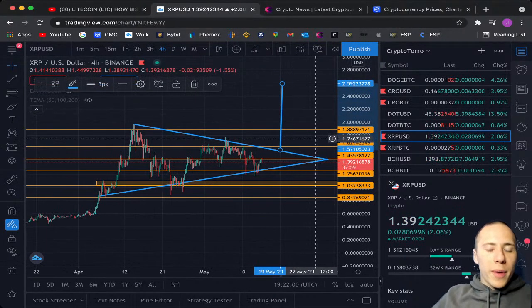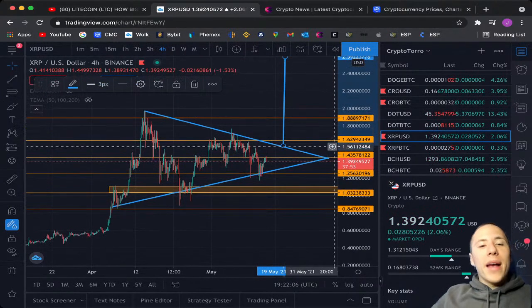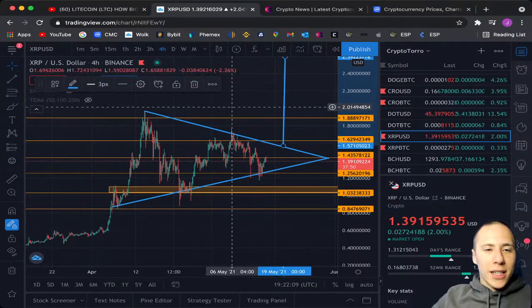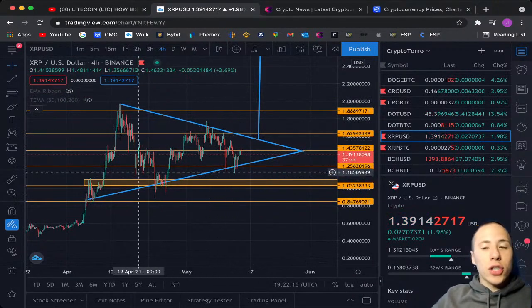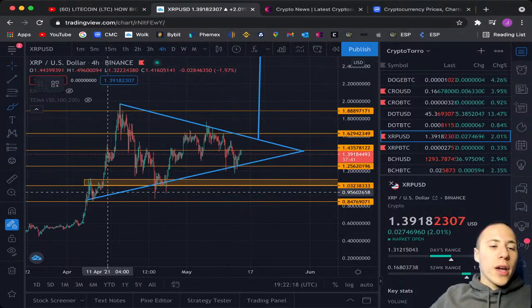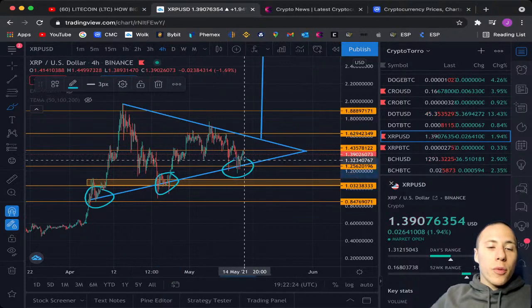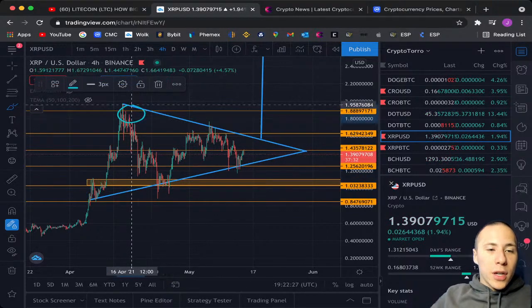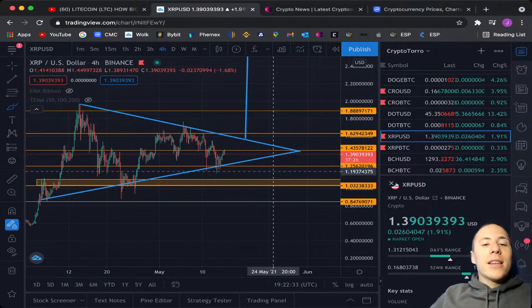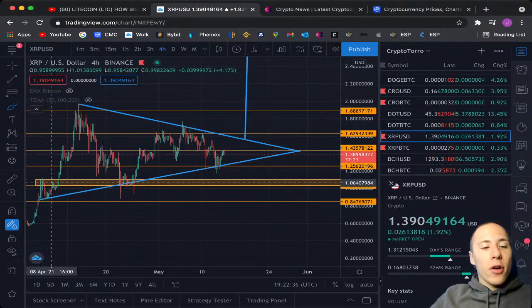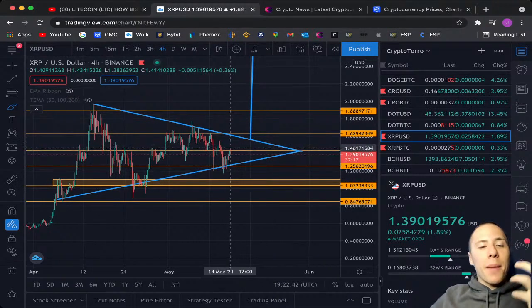And before I measure this and tell you how big this huge move towards the upside will be on the XRP chart, I will be showing you why this particular triangle, the symmetrical triangle, is so significant to me. That's because we are seeing 3 touch points on this upward sloping support line, and also 2 touch points on this downward sloping resistance line of this symmetrical triangle. And yes, once a pattern has several touch points on either the support or resistance line, it becomes a more significant